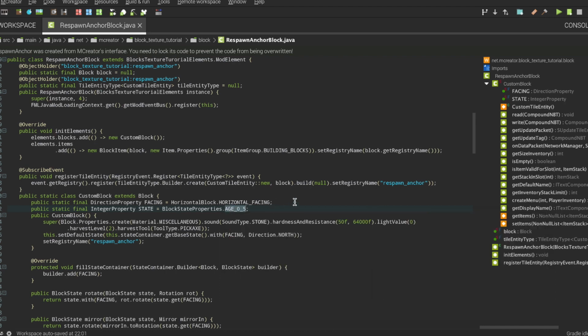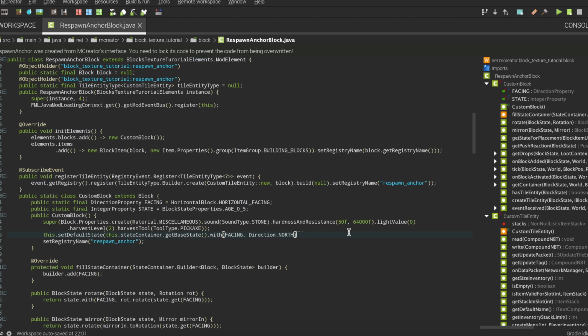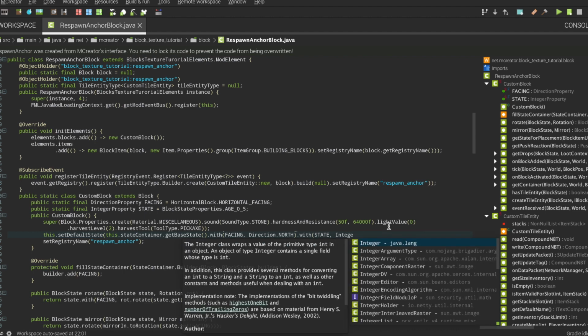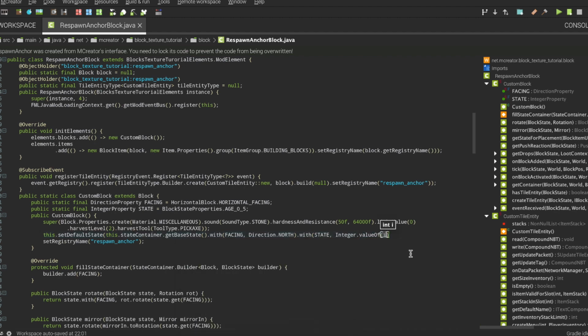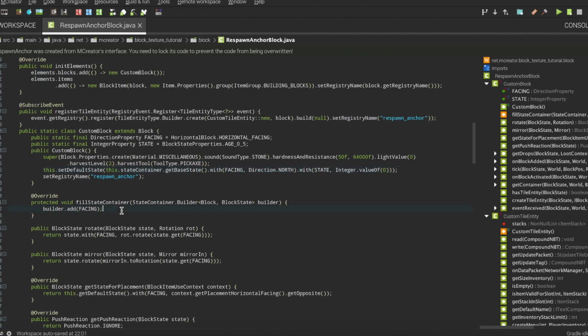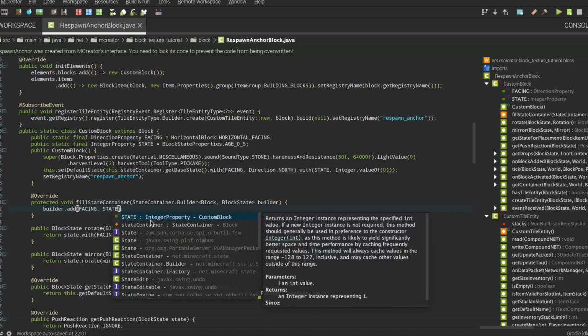Okay, so done. Then just like last time, we're going to use dot withState, IntegerProperty dot value of, so IntegerProperty dot value of int, so we're going to use a 0 by default, and close the parenthesis and dot comma. Then just like last time, we're going to add this but with the right name.